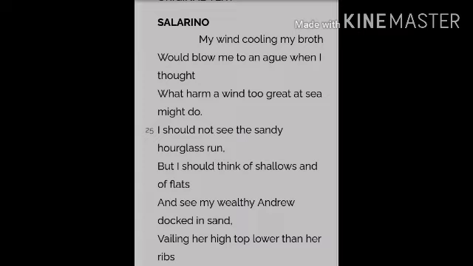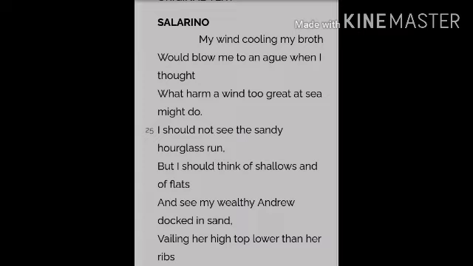So what are the actions that remind him, or make him sad, thinking about the rich argosies in the sea? Let's see it now. The first action at home which reminds Salarino of the rich argosies at sea and makes him feel sad is while he is having his broth. My wind, cooling my broth. That is, when I am blowing upon my soup in order to make it cool. We usually blow upon a soup in order to make it cool, right? So whenever I blow upon my soup in order to make it cool, my wind cooling my broth, meaning the wind which is used for cooling my soup,